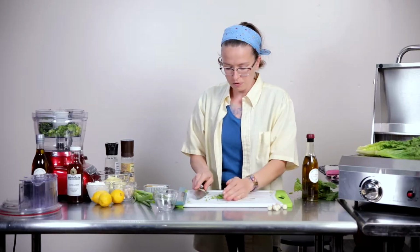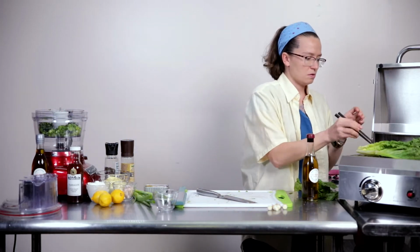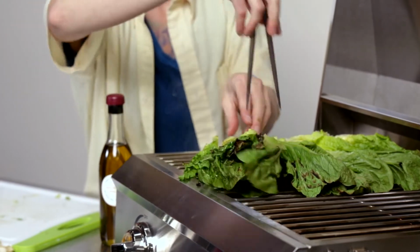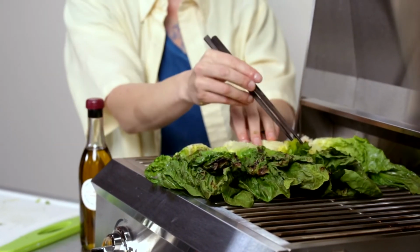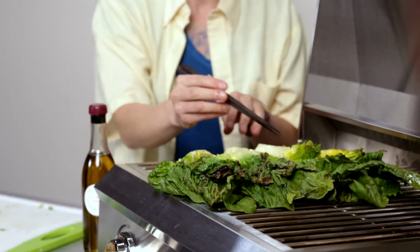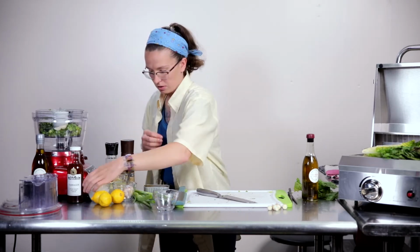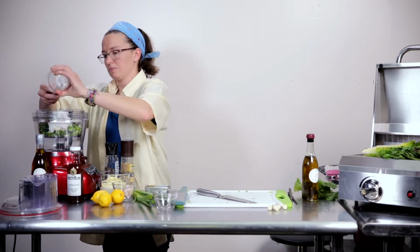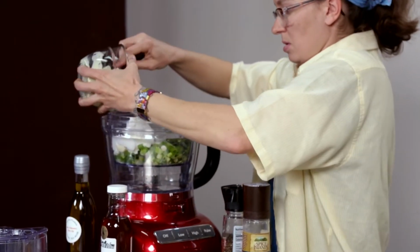So we're going to want to turn that over. You can see that nice grilled texture. Let's see. You can see the texture of the lettuce changing already. We're going to add 3 cloves of garlic, a cup of Greek yogurt, a cup of mayo,